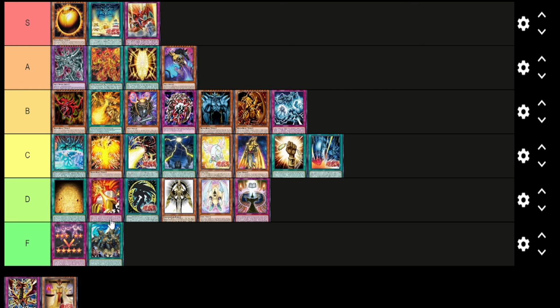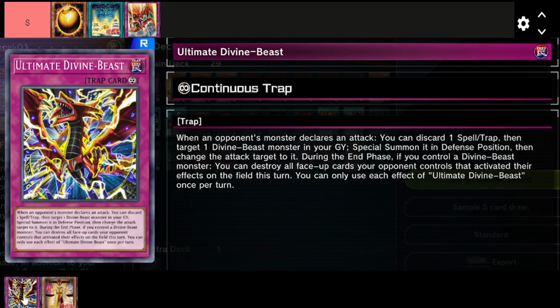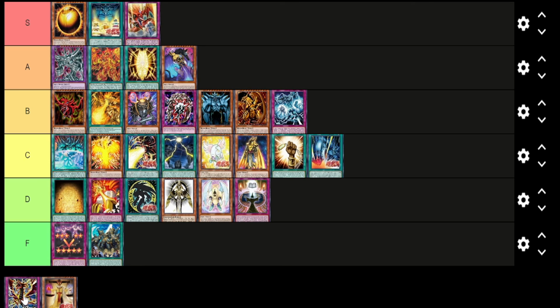And then the last card we've got here is Ultimate Divine Beast. This is basically like an endless Call of the Haunted for Divine Beast monsters. So basically what this card does is you discard a spell or trap card, and then you can target a Divine Beast monster in your graveyard and special summon it back in defense mode. And then this is if your opponent's monster declares an attack, which again is one of the really, really frustrating things about